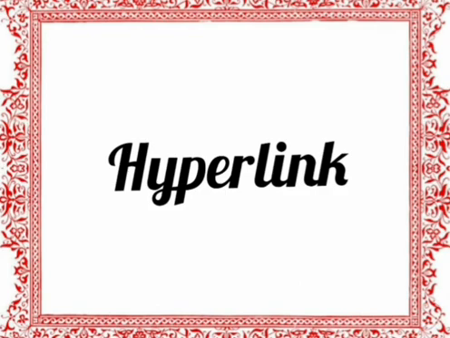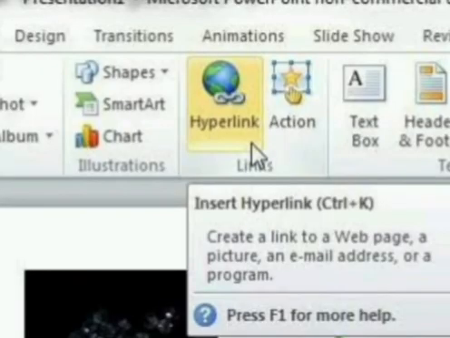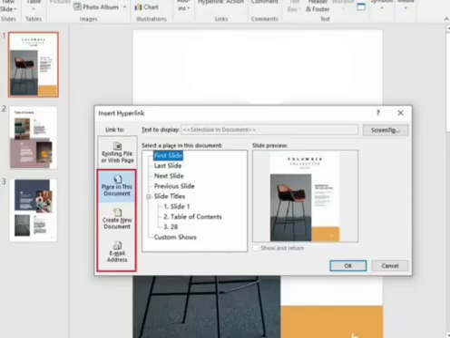Steps to create hyperlink. First, select the object that we want to create hyperlink in slide 1. Then, click on hyperlink from Link Group on Insert tab. Now, Insert Hyperlink window will be displayed. Click on Place in this document option. Then, select the second slide. Then, click on OK button. In this way, we can create link on any slide. We can also create links to web pages in a slide.